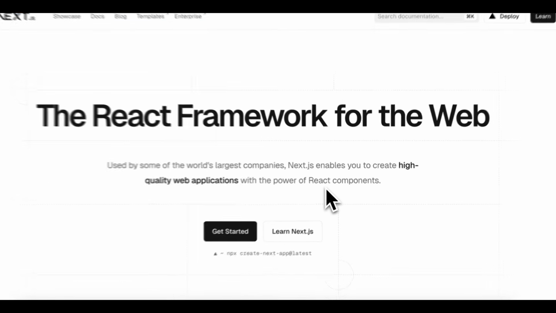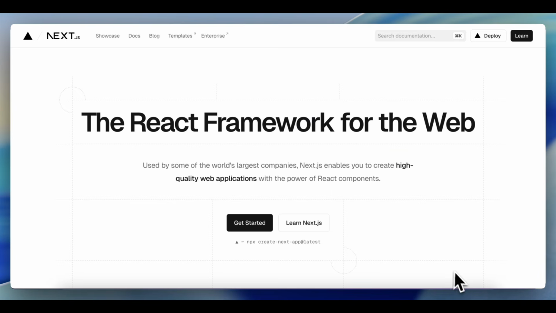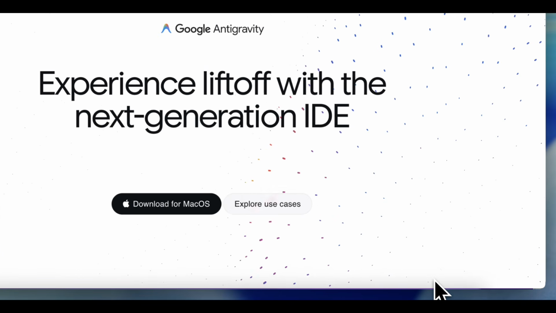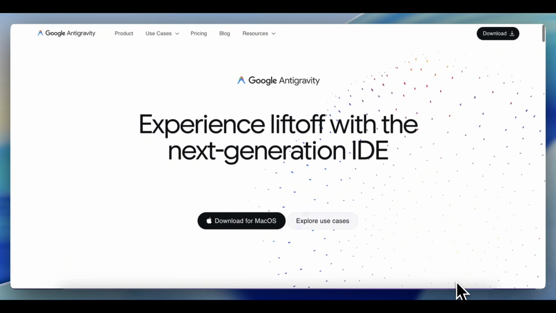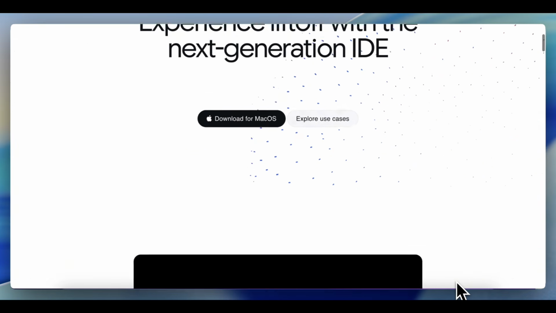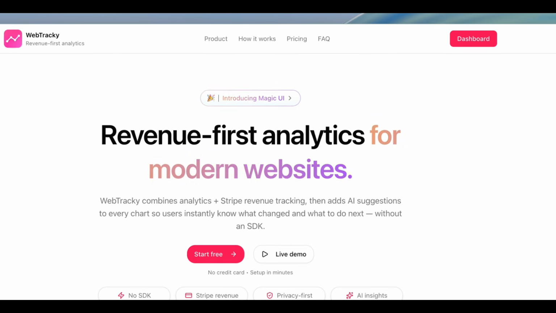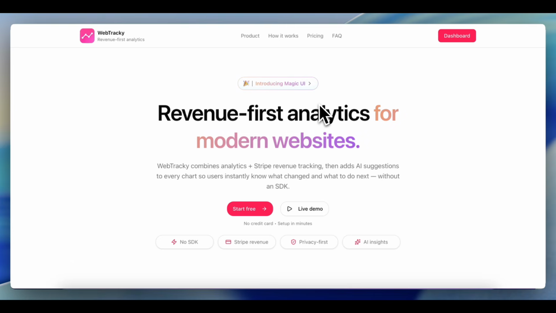Now we are going to use Next.js to build this application. For AI and IDE, we are going to use Google's Antigravity. You just need to download it based on your operating system. To track our application at the end, who visited our application, from which country, and even to track the revenue generated by this application,